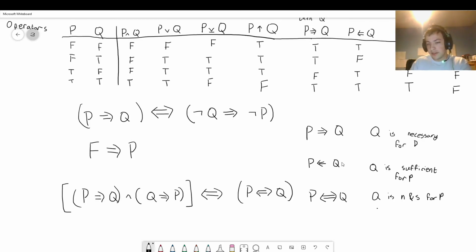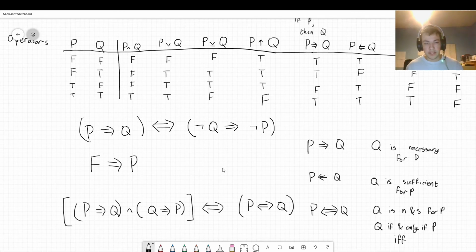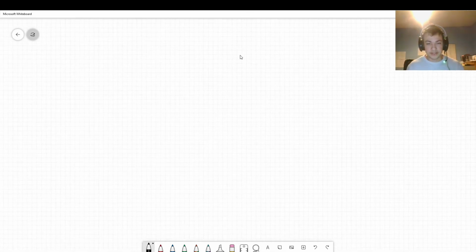Or we could say that Q is true if and only if P. Okay, because if P is true, then Q is true, but also only if P is true is Q true. And sometimes we write this as IFF, for if and only if, as mathematical shorthand, and so they're equivalent. Okay. Finally, if we check the truth tables, we can see that